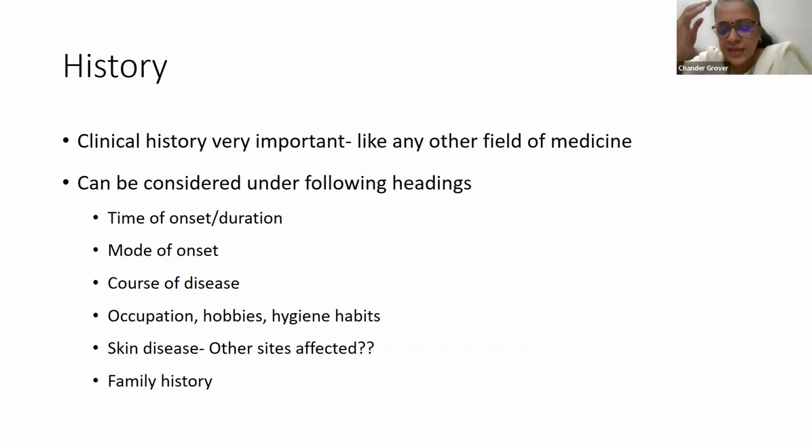What we need to understand is that the nail as a unit is capable of showing only a few signs. It's easy to learn them. If you are reading them thoroughly, you will know all the signs. But those signs are going to represent multiple diseases. So it's not that pitting means psoriasis. You can't say that the patient has pits, so the patient has psoriasis. You will have to see the combination of signs that the patient has. Only then can you say.